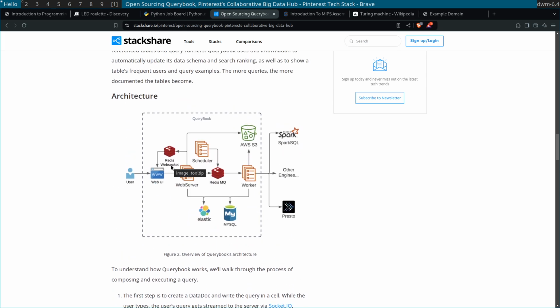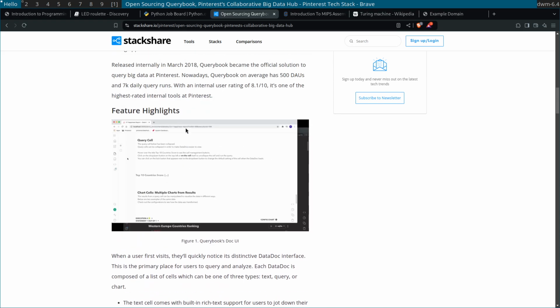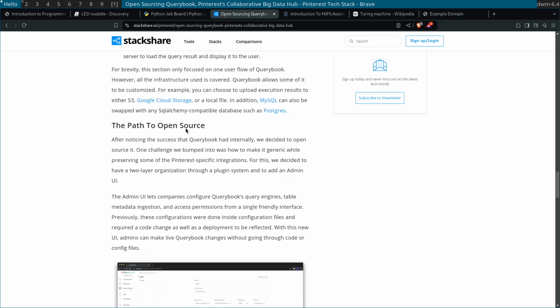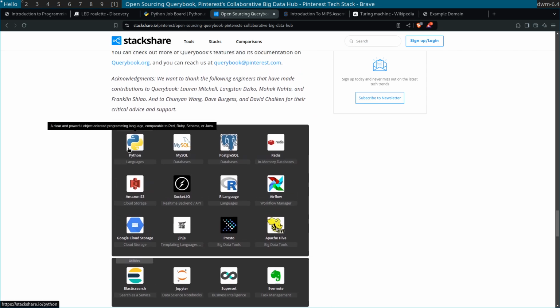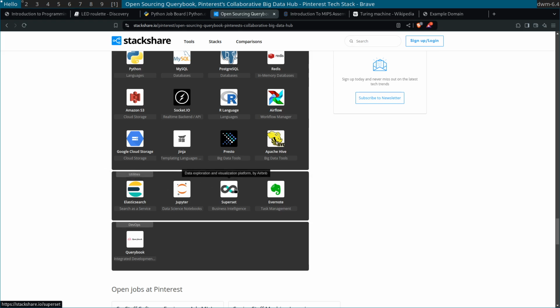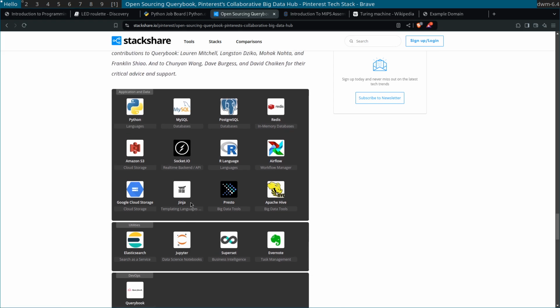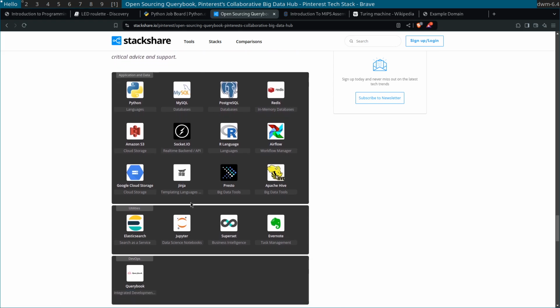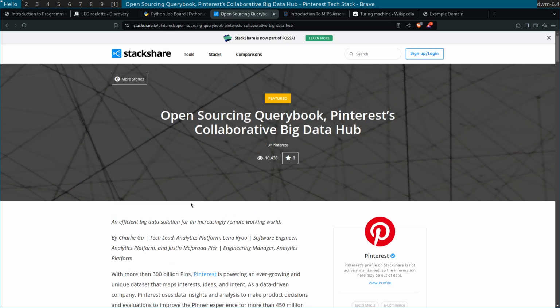These people are showing the flow of where their architecture is going, but I wanted to see the language stack. Here it is. They use Python, MySQL, PostgreSQL, and Redis, which is another database. So lots of databases here, probably for different reasons. They're still using R, and they use Jupyter Notebook. So remember, that's Julia, Python, and R. Kind of interesting that they use all these tools for Pinterest.